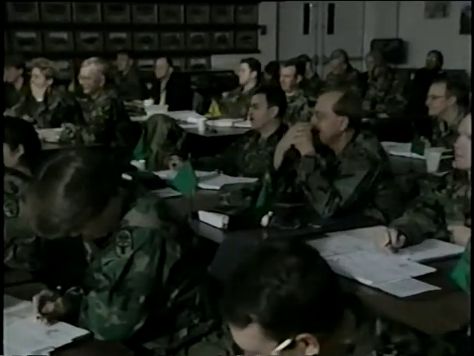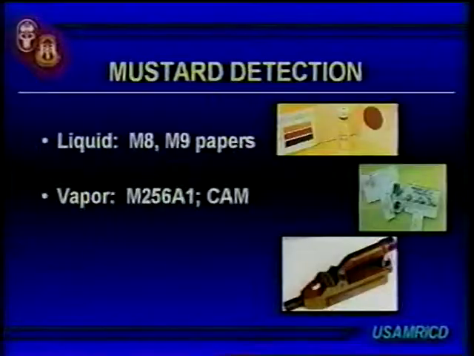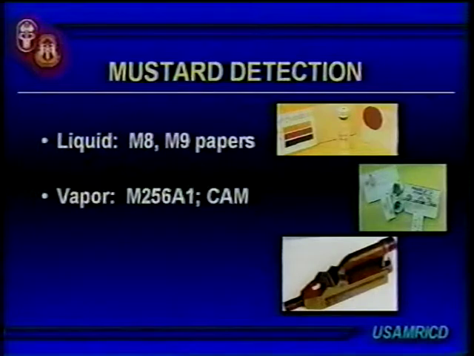This is representative of the M9 paper, and it turns three different colors. You need to go back and look in the little book. You should try and commit this to memory on the fly. The M8 will turn orangish yellow or something for the G agents. It'll turn red for the vesicants, and it turns a very dark color for the V agents. The M9 tape, which is what people have on their arms and their legs, so you can say, holy cow, it's turning colors, I better do something. It's an all or nothing phenomenon. It turns red if you've been exposed to liquid. These are for liquids. The M256 kit is for vapors.